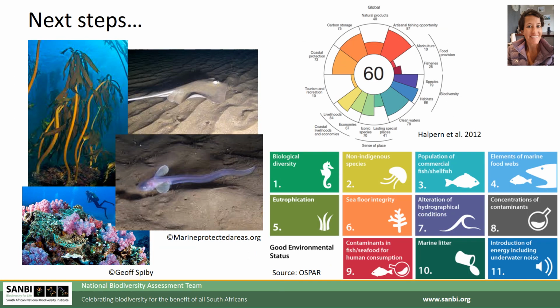So this has been done for one study using only one ecosystem type so far. So there is a need to further ground truth the NBA pressure-based assessments by applying these methods to other ecosystem types and in other areas around South Africa. We need to continue to test and validate the use of various indicators, especially across biogeographic zones. We are currently relying on the use of pressure data to conduct more of a risk assessment of ecosystem threat status, and there is a need to measure ecosystem condition, learning from international examples such as the Ocean Health Index and assessments conducted in the EU for the Marine Strategy Framework Directive.